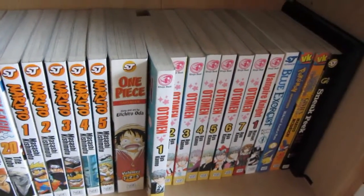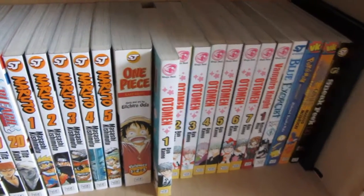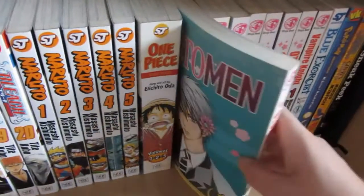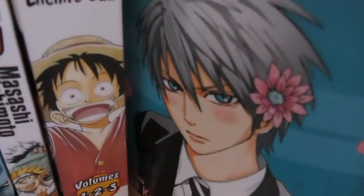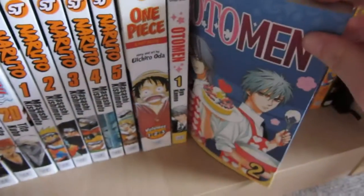So it's basically about him learning to accept himself and finding the friends that will accept him for who he is and all that stuff. So it's really cool. So that's Asuka there, wearing a flower in his hair, looking really embarrassed about it. So that's volume 1, volume 2,